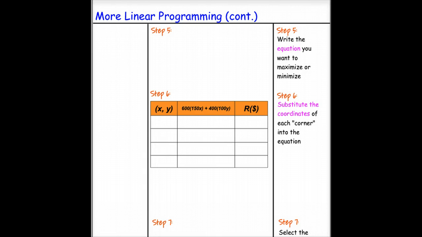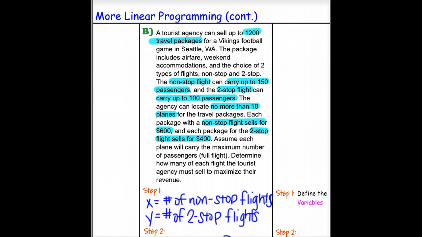Once you've graphed your system of inequalities and you've found your corners, our next step is to write the equation we want to maximize or minimize. Now, if you recall back from our original situation, we have that our non-stop flights sell for $600 and our two-stop flights sell for $400, assuming that they will be full flights, and we want to maximize our revenue. So going back now here,